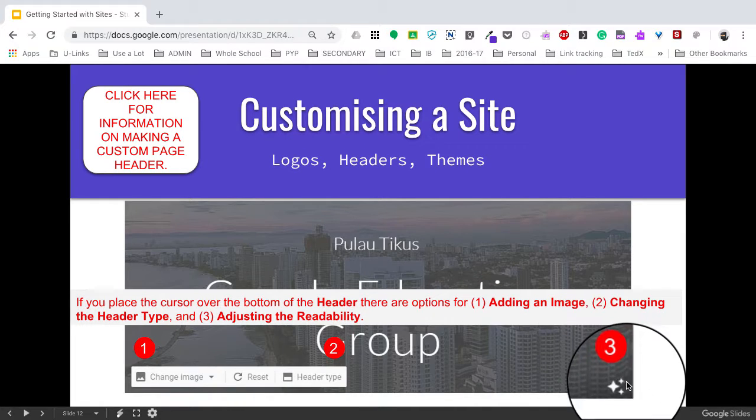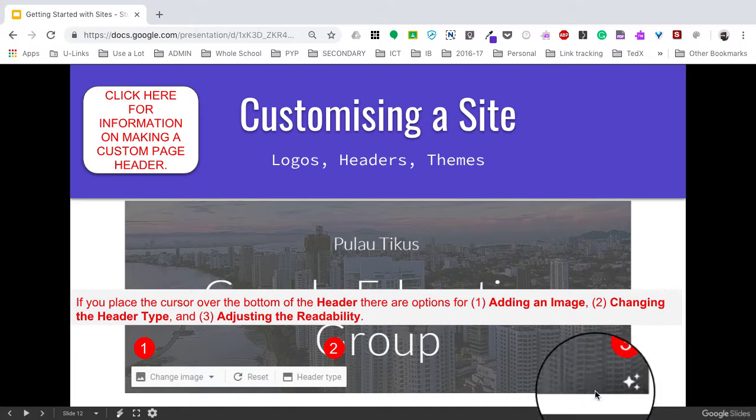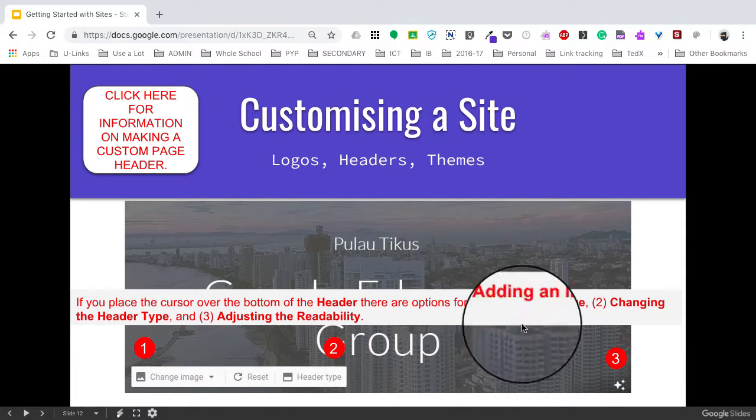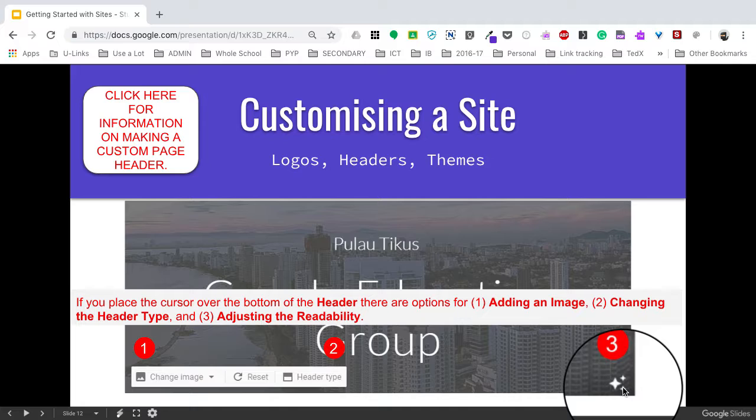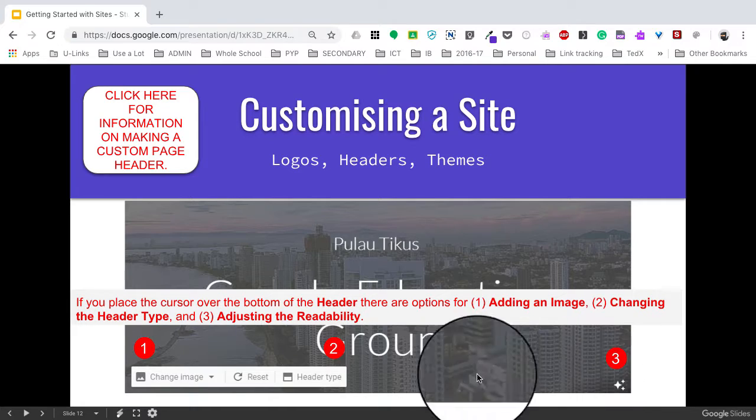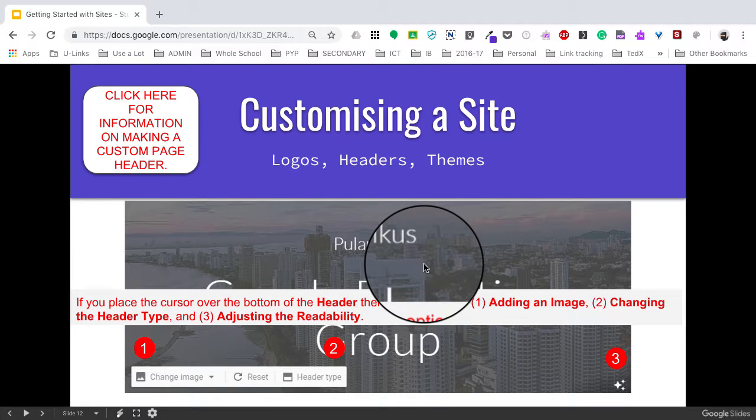And then over here on the right are some little twinkly lights. What will happen when you upload a photo is Google Sites will adjust the readability so that you can read the text. Usually it'll make it darker. You can turn that off if you just click on this. One reason to turn that off is rather than let Google Sites do a lot of the formatting for you,